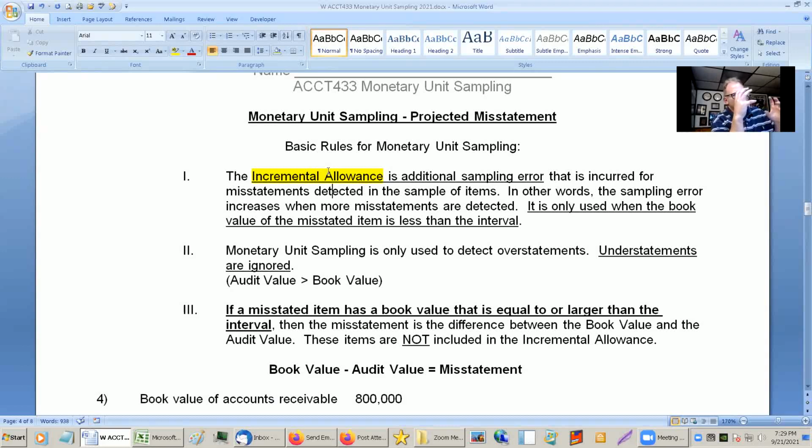Large misstatements mean that there could be much more off than small misstatements. Small misstatements probably mean it's off by a little bit, while larger ones are off by a lot more. So when we project, this incremental allowance will expand the larger the misstatements are. If there are no misstatements, it's not a problem. But if there are misstatements,